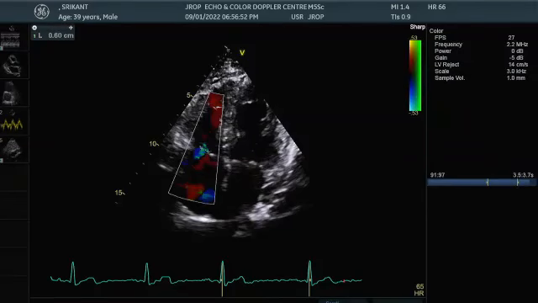This is 0.6. If I have to measure the vena contracta, anything less than 0.3, I'll say mild. 0.3 to 0.7 is moderate. More than 0.7 up to 14 is severe. Beyond that we call it massive. More than 14 is torrential. So we have got 5 categories of TR jet in tricuspid regurgitation.